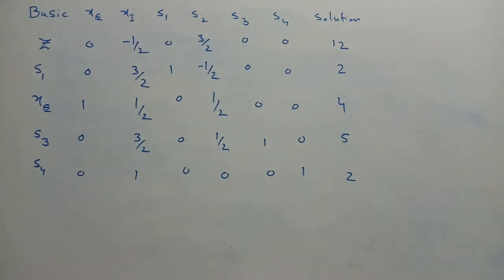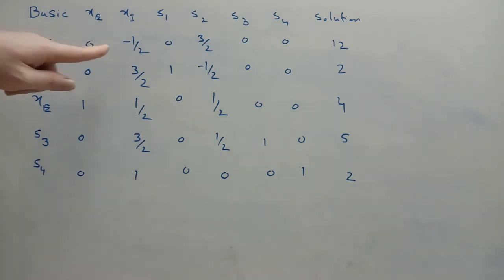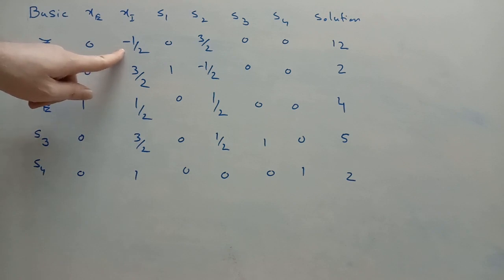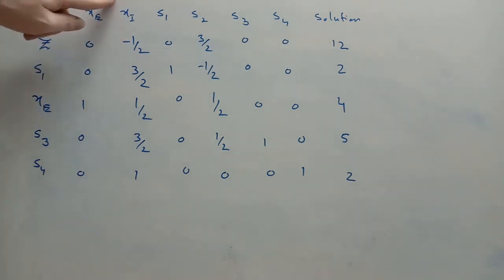This problem of the simplex method is one of maximization. So as long as there is any negative value in the Z equation, we will continue this process. We will stop this process when all values become 0 or positive in the Z equation. Looking at this, we still have one negative value in the Z equation, that is minus 1 over 2 under XI. That means this time our